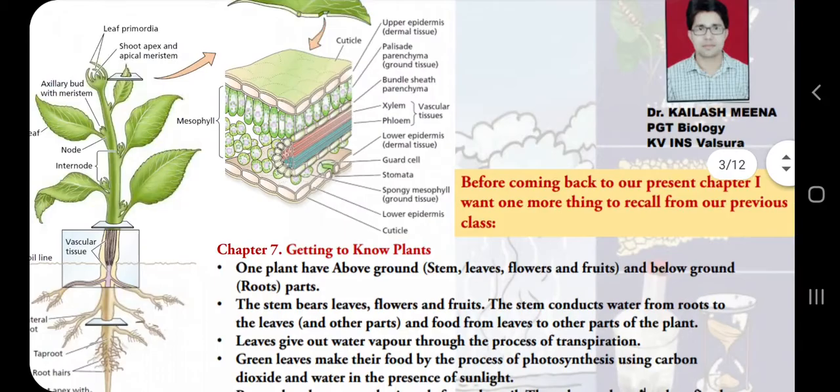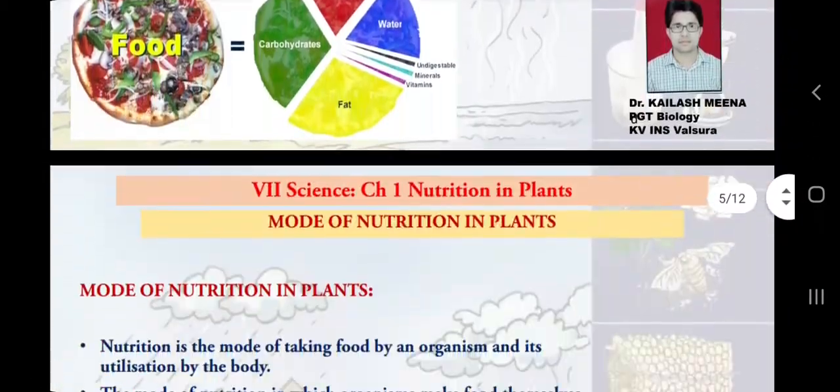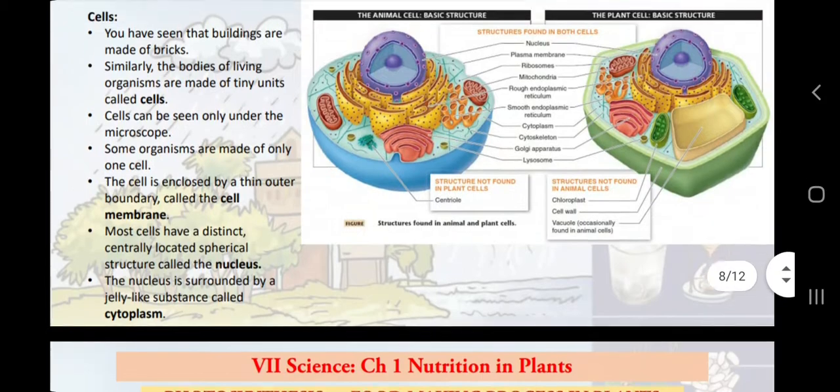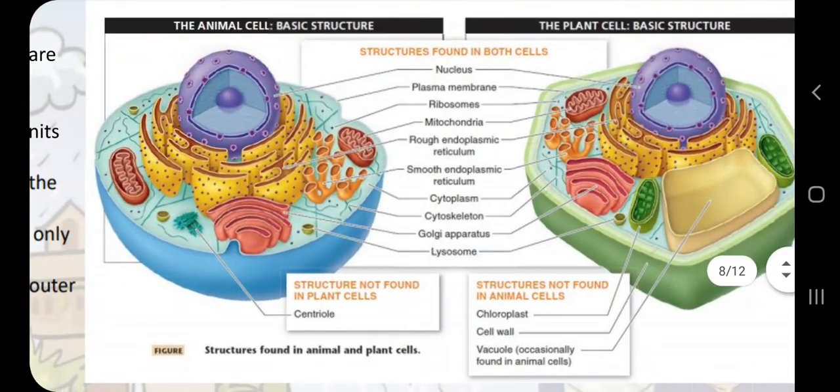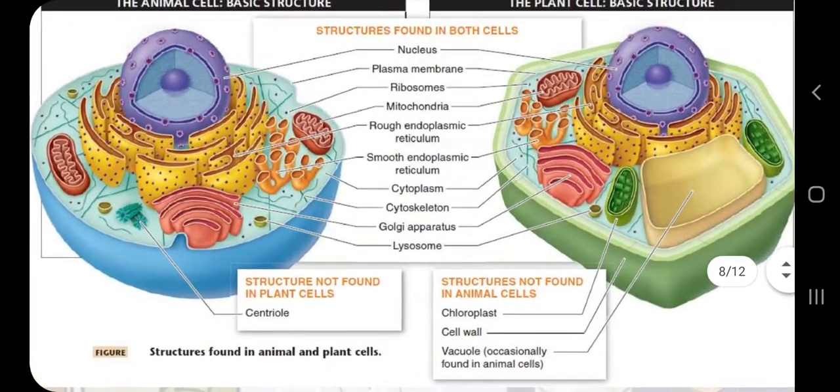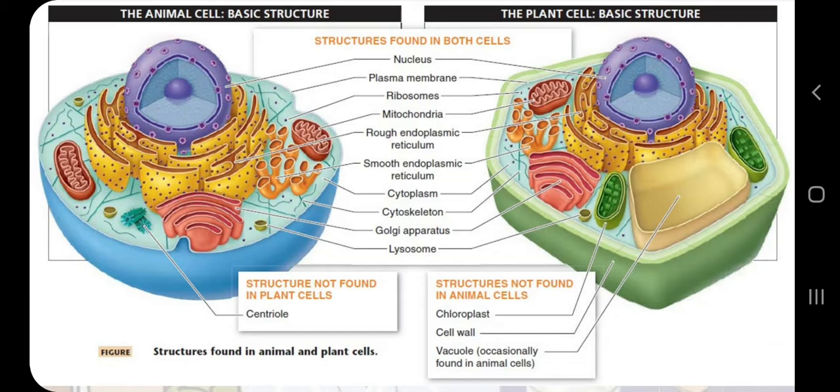What are cells? We will study cells in detail in class 8, which we are going to study next year, but before that we need a little idea. So what is a cell? Every living organism, either plant or animal or any other creature, is made up of tiny small chambers. Those chambers are called cells. Like a wall is made up of bricks, these cells are the unit of life. Every process related to living things happens in these cells.